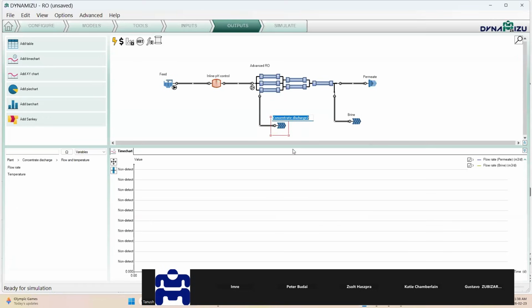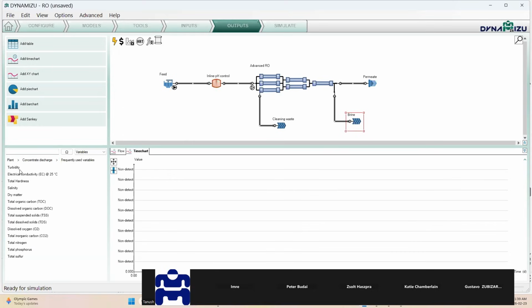And this is my cleaning waste. All right, so that's my brine. It's easier to follow. On the other chart, so this is, let's say, my flow. I'm gonna create another chart where I'm gonna put in the brine concentration. So I'm gonna click on